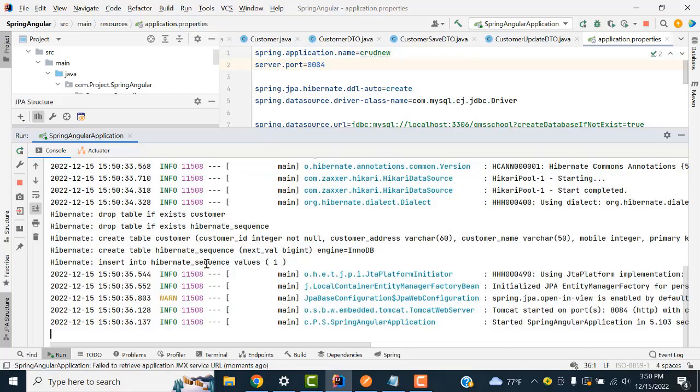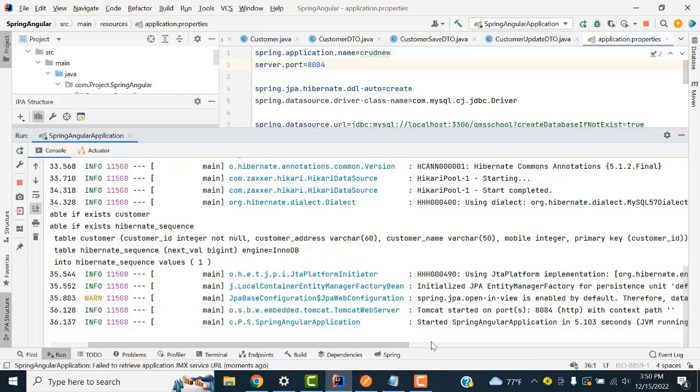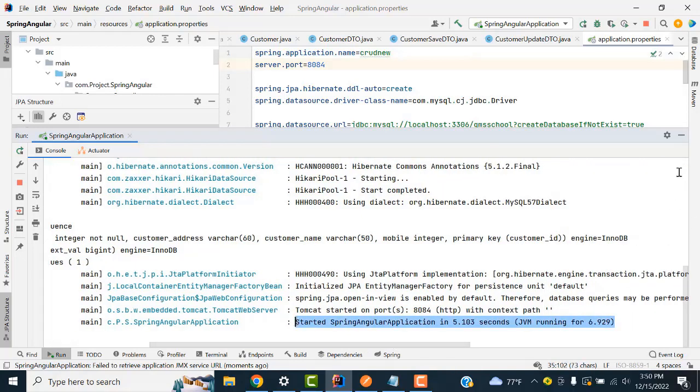The table is creating here. Your new table is creating. Your application is running successfully. You can get the message. Now what I'm going to do is test it in our